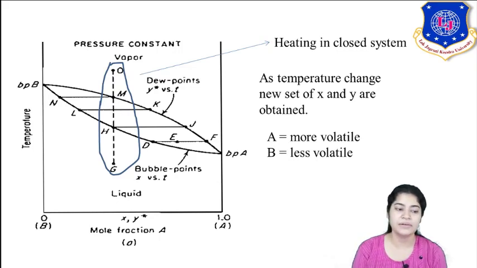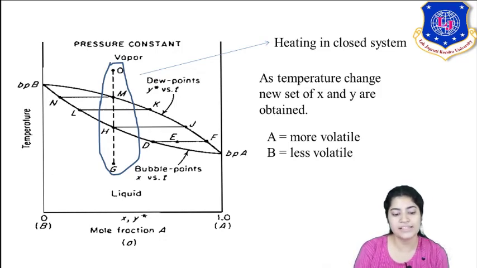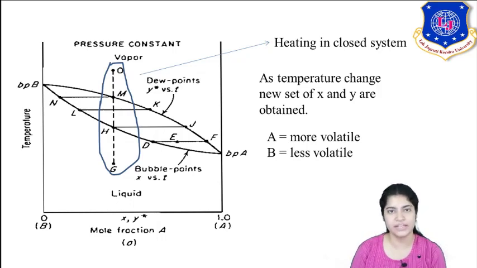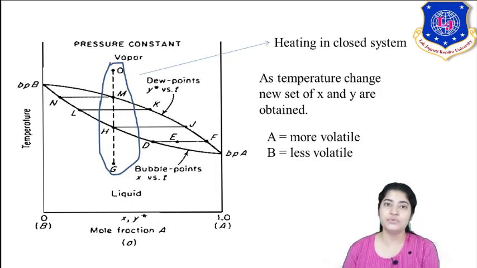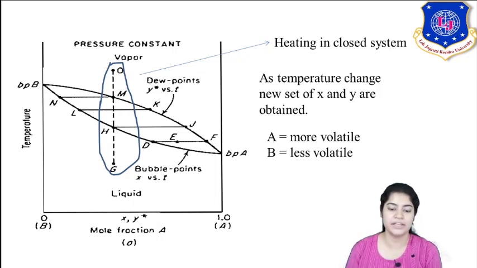Similarly, for the left hand side temperature, where the boiling point of B is, that is pure B. That is the representation of the less volatile component B in pure phase. So what does it show? It means XA is equal to 0 and XB is equal to 1. Similarly, YA is 0 there, but YB is 1. This representation of the graph would once again be covered in the next lecture. For VLE you need repetition of concepts so as to become clear. So that was about your heating in a closed system.